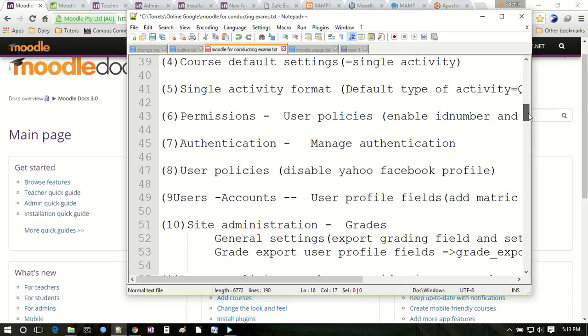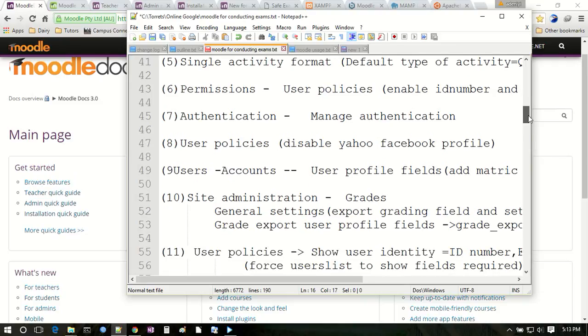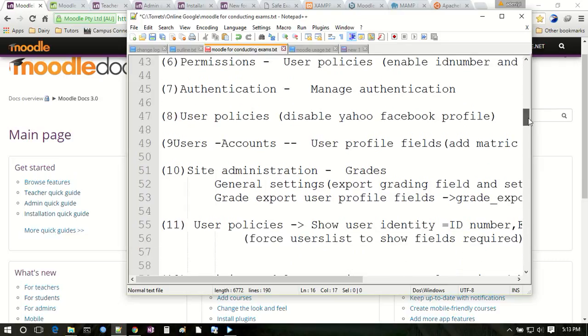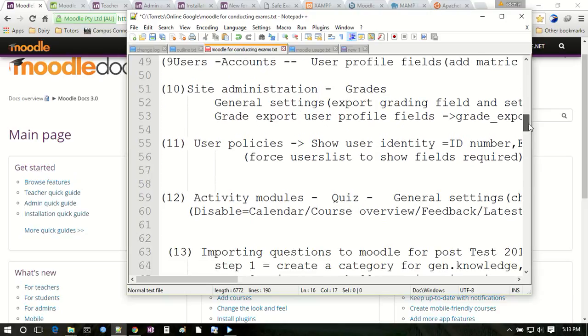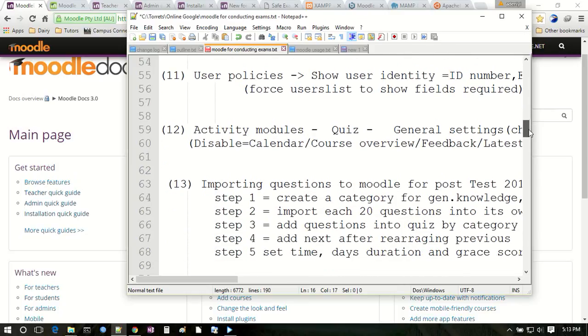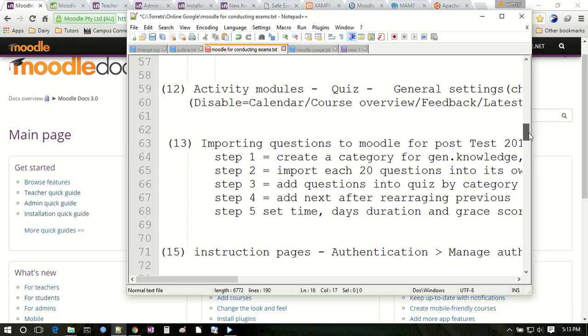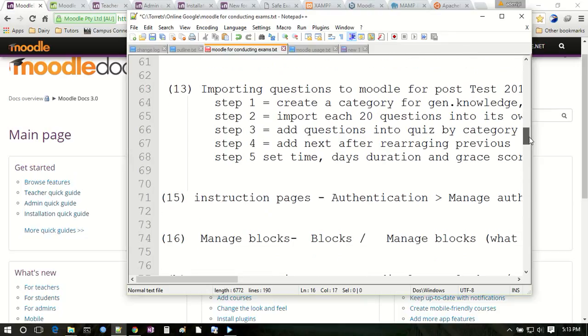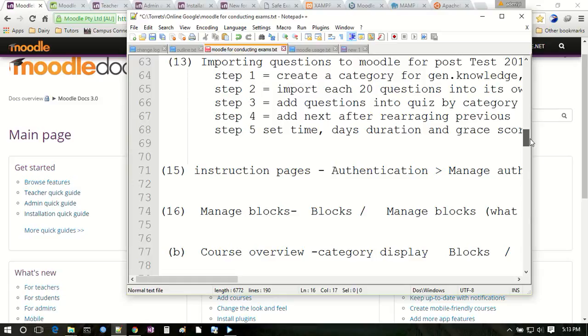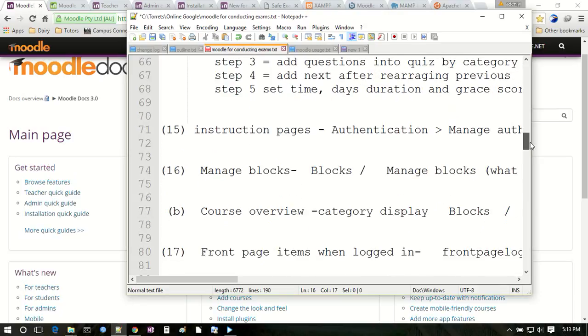We have permissions, user policy, authentication, how to manage authentication, user policy, user account, user profile, site administrations, grade, how to export grade, user policies, activities, modules, question bank, importing questions, the steps involved to bring in existing questions, and different forms of importing questions like GIFT,